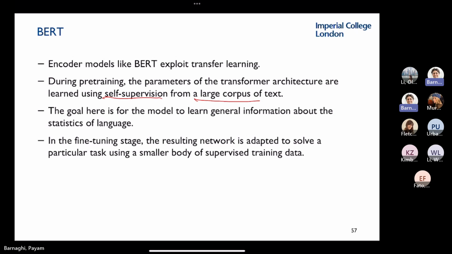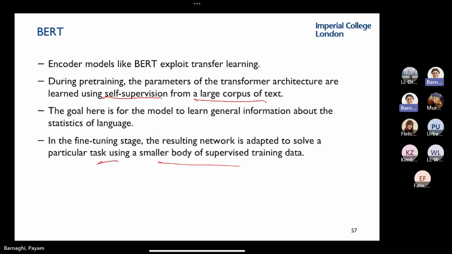It's easy to do that, right? Take Wikipedia. Each time you just mask a word and ask it to predict it. There are some practical implementation issues in that, which I'll talk about if I have time. And in fine-tuning, they adapted the model to solve a particular task with a smaller body of data. To see whether fine-tuning works better, they also took BERT and tried to train it to do another task, for example, to see if a review is positive or negative.